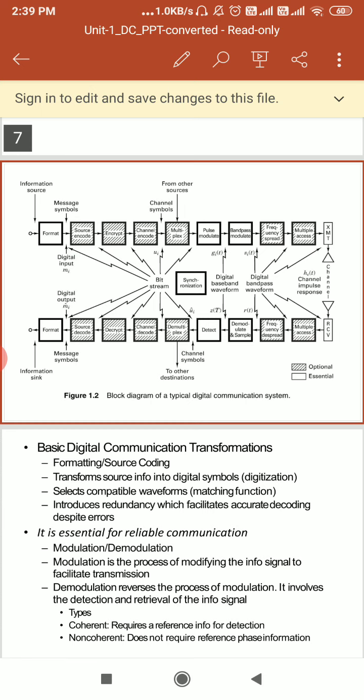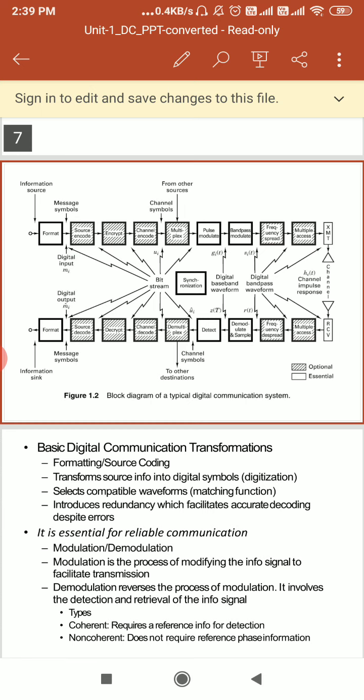At the receiver side we use the despreading technique, which is used to recover the original signal spectrum. So we use the baseband signal at the transmitter, and at the receiver the despreading technique recovers the original signal.